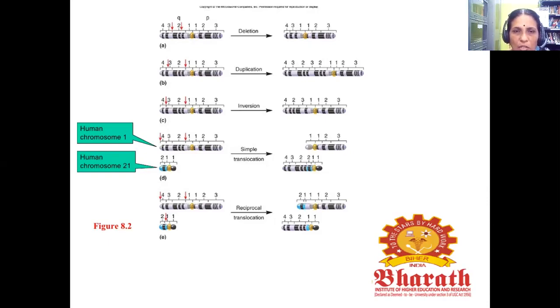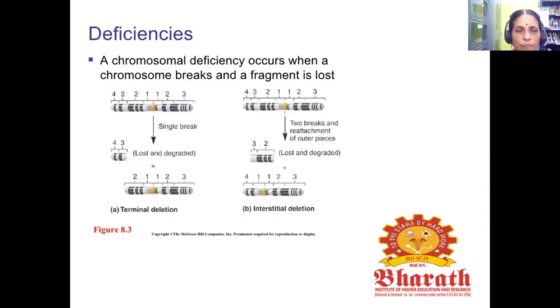So you see the addition of this 3 is added between this 2 and 1 seen in this. In the case of inversion, say this was an inversion seen occur in this place. And this is simple translocation. So how does the one way of transfer occur in this? So reciprocal, there are two ways of translocation occur. So the figure represents deletion, duplication, inversion, simple translocation, and reciprocal translocation.